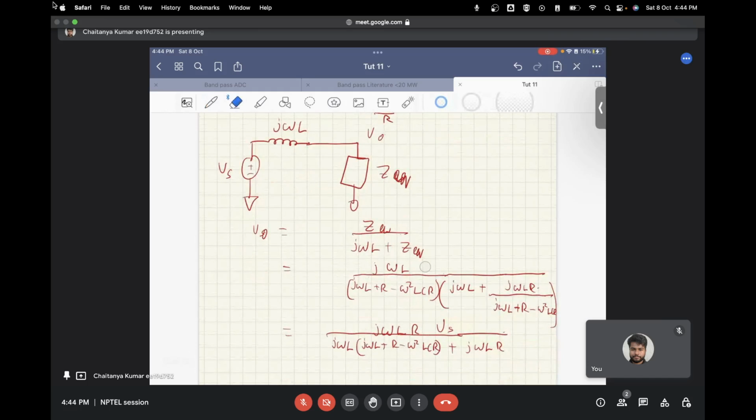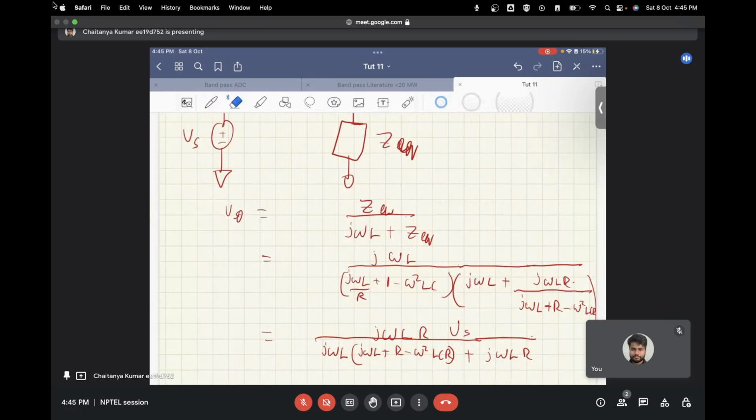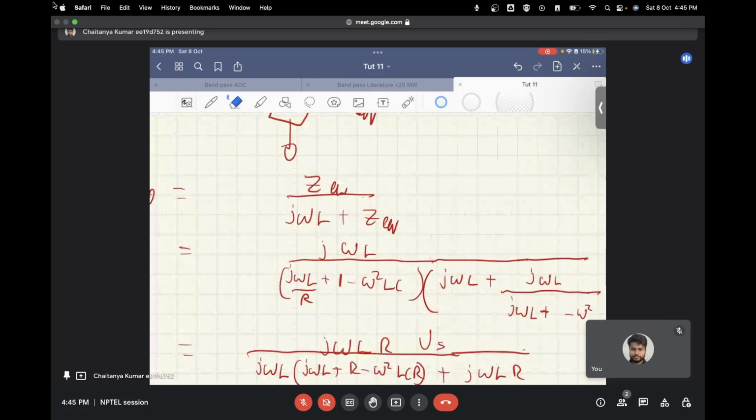Over here again, we do the same thing, and we get this. And here also we divide both numerator and denominator by the resistance. So we get the value as,